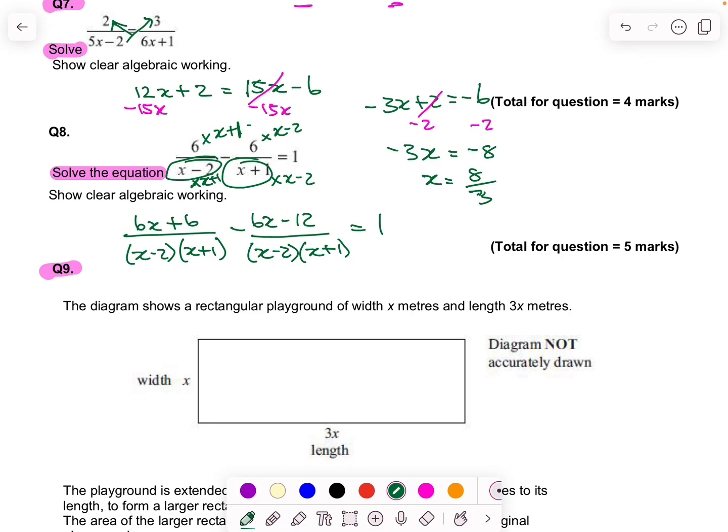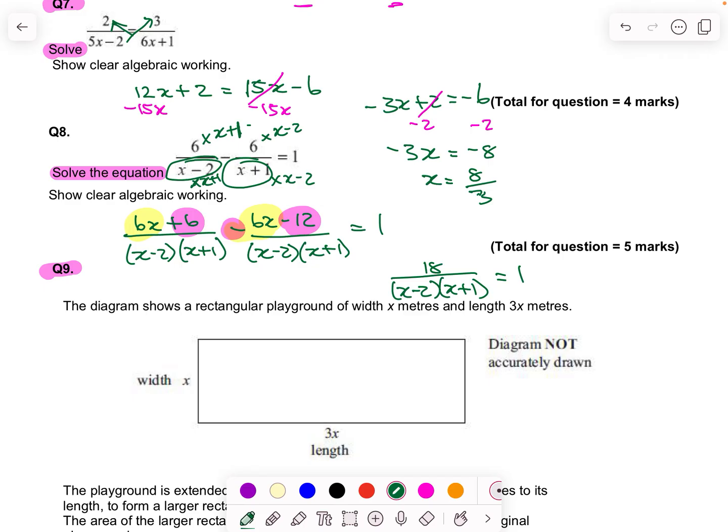So I've got 6x, take away 6x, gone. That's 0. And then I've got to be careful. I've got here 6, take away minus 12. So 6 take away minus 12 makes a plus. So it's actually 18. So what I end up with is 18 over x minus 2, x plus 1